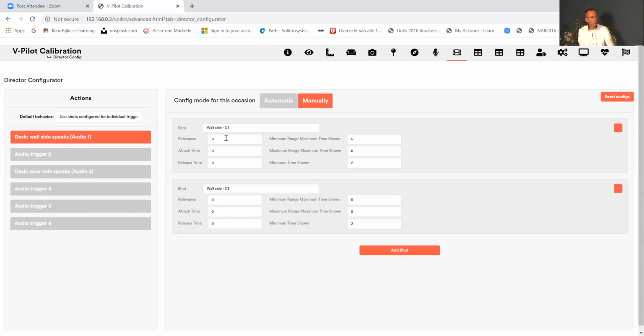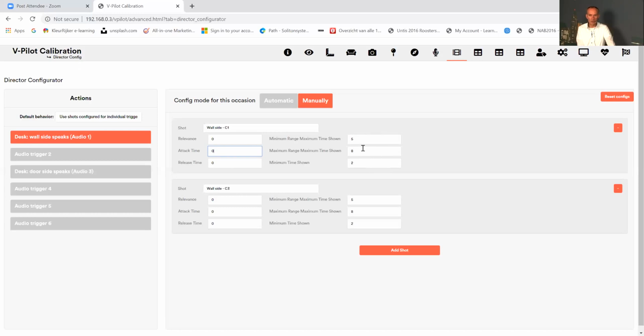And this is also very important in roundtable discussions, so that you can overcome guests hijacking the whole broadcast. If you start interfering with the discussion, you get the shots as presenter. Over here, you can again define the attack time and the release time for this specific seat. So some people can cough more than others. And over here, you can also set the maximum and minimum duration of the